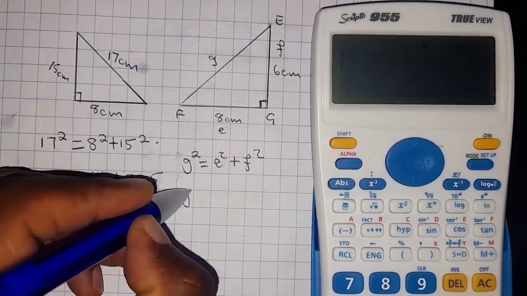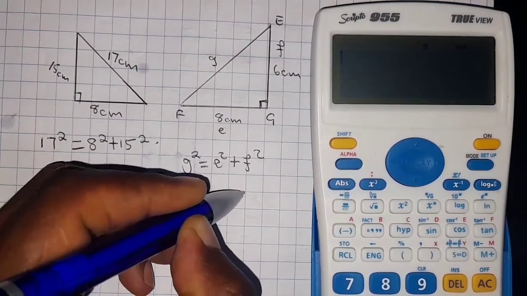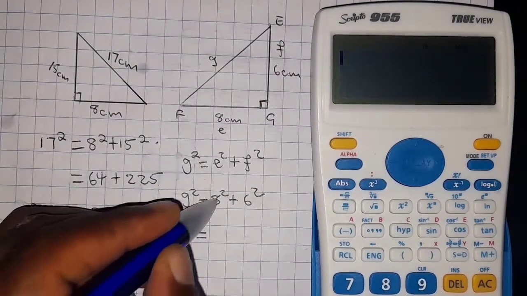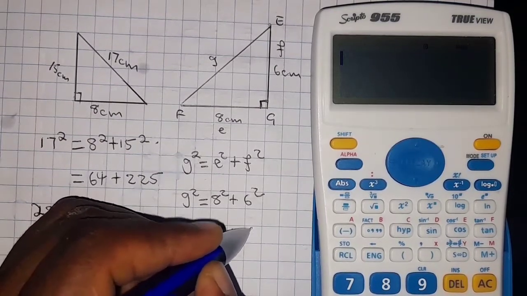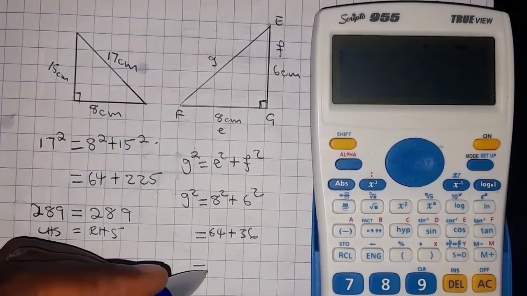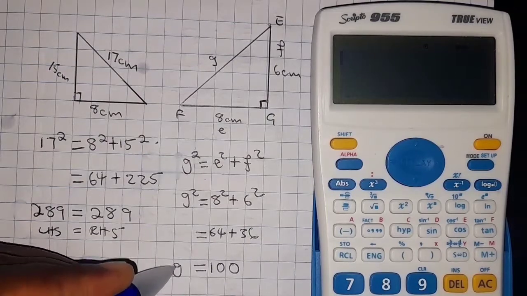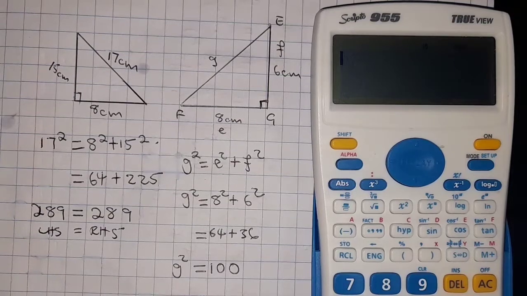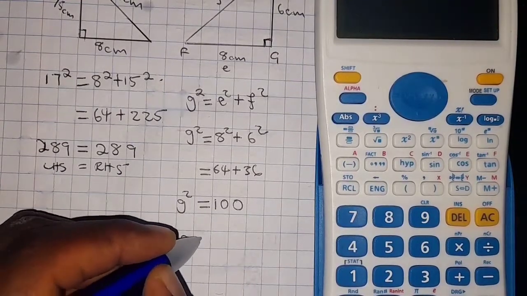So our G squared is equal to 8 squared plus 6 squared, and then our 8 squared is 64, and our 6 squared is 36, and this is equal to 100. So our G squared is equal to 100, and to find the value of G, we should introduce square roots to both sides, and if we do that, we are left with